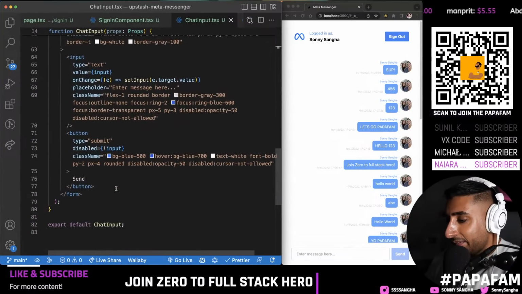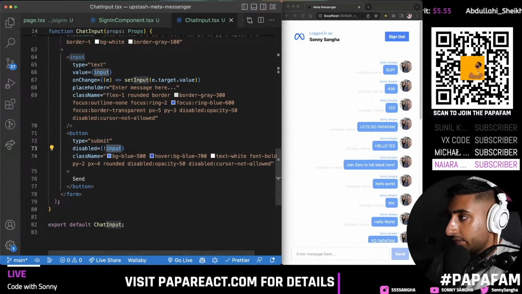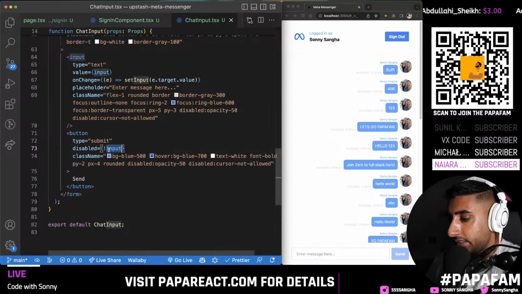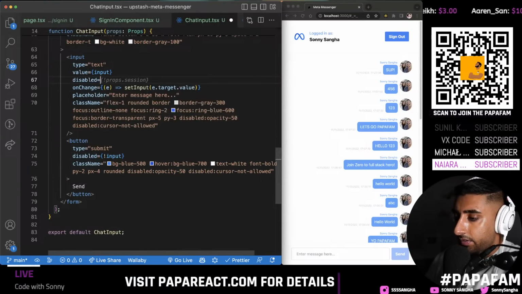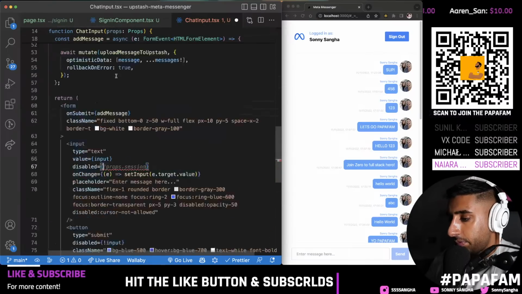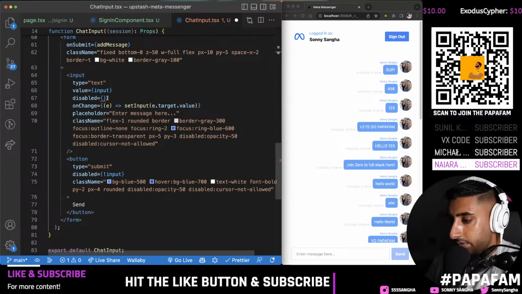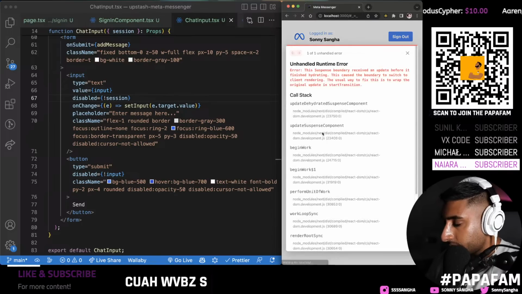Okay, so at this point, for the button, we could disable it if there is, let's have a look what we've disabled based on. Let's actually disable the input, right? So the button is basically if there's no input, and we're going to disable the input if there is no session. So if the props are sessions, I'm going to unravel my session like so. I'm going to say if there's no session, let's go ahead and get the session out. And here we say disabled is no session. So now if I refresh,